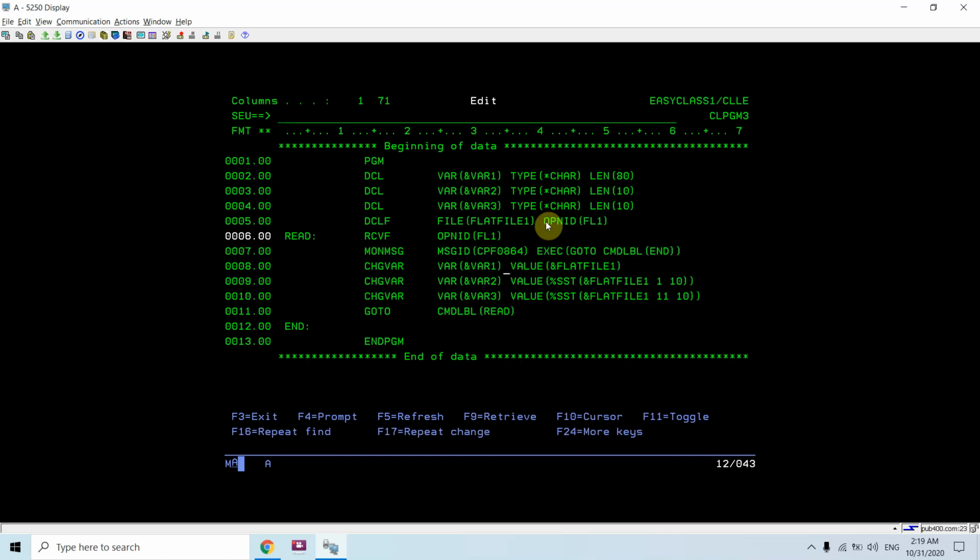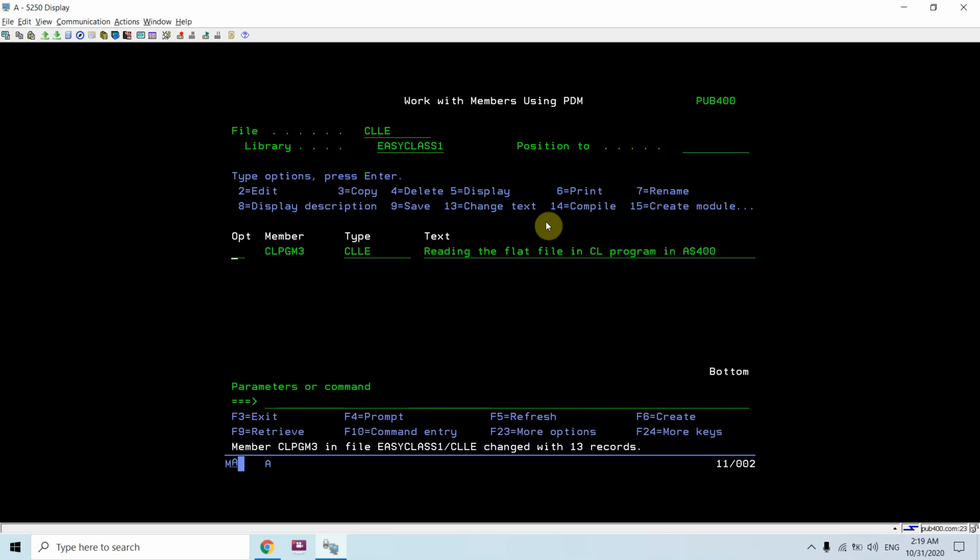Now I'll be prefixing that OPNID in each field, FL1 underscore. Okay, now let's see. I'm doing this on a single file; you can have multiple files in your case. Just compile this.